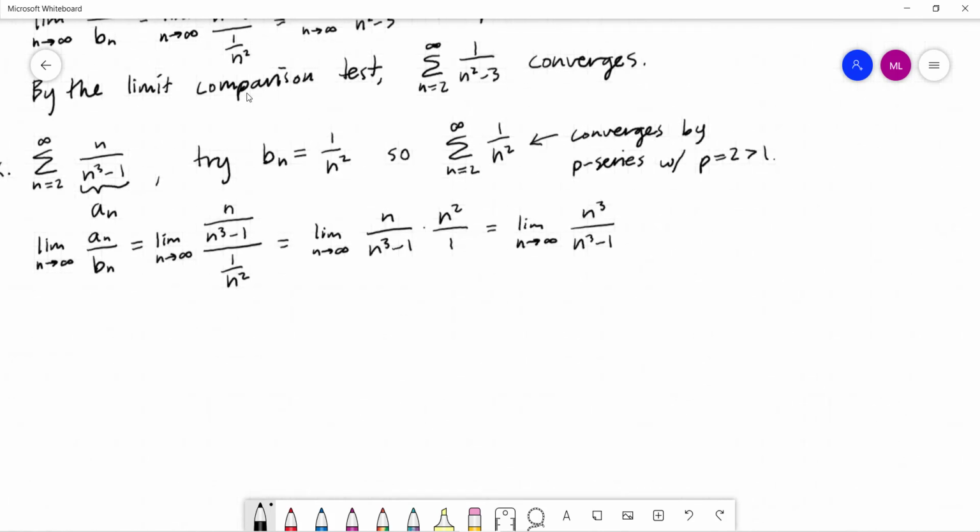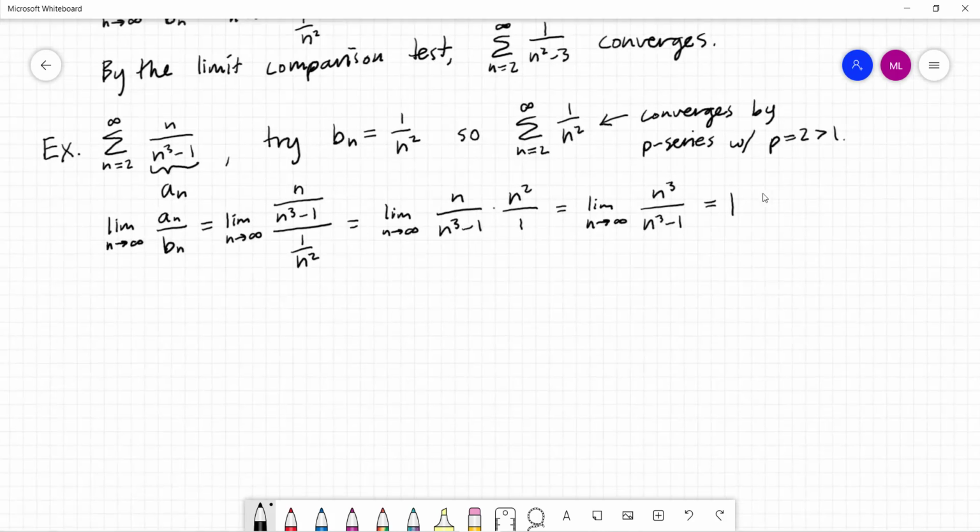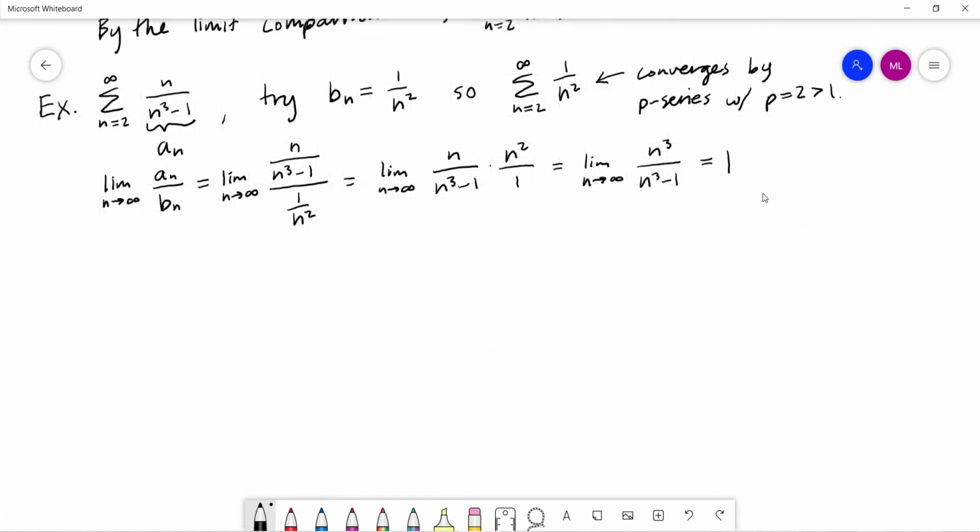And by the same argument, this limit is going to be 1. I just need to look at the highest powers of n, they're both cubed, and compare the ratio of their coefficients, 1 over 1, to give me a ratio of 1. So, by the limit comparison test,